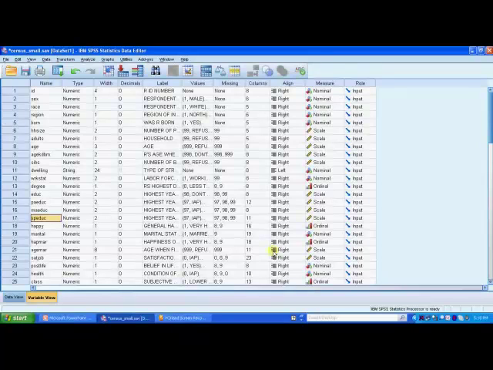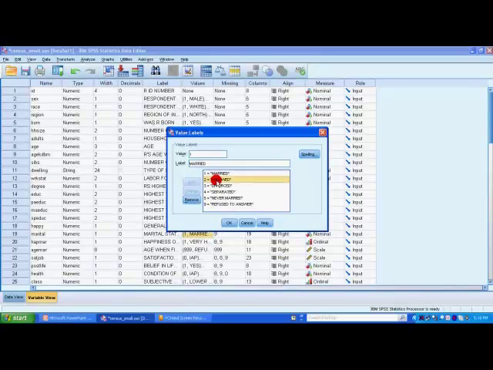To demonstrate recoding, we will create a new variable from the variable marital status. The variable currently has the following coding: 1 married, 2 widowed, 3 divorced, 4 separated, 5 never married, and 9 refused to answer. Our task is to create a new variable called marital_3 with only 3 categories: 1 married, which corresponds to 1 married, 2 never married, which corresponds to 5 never married, and 3 other, which corresponds to widowed,